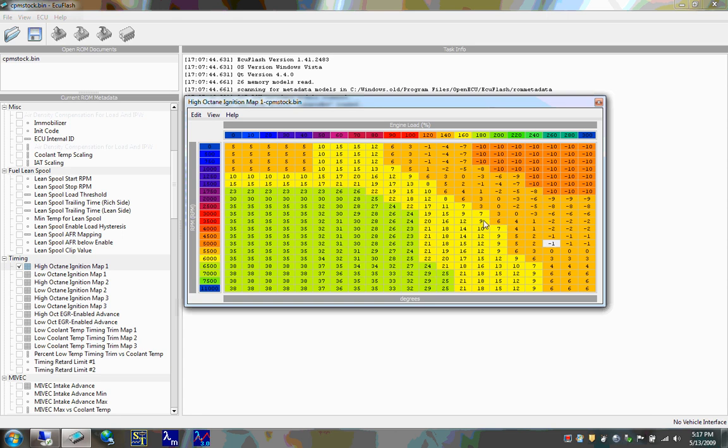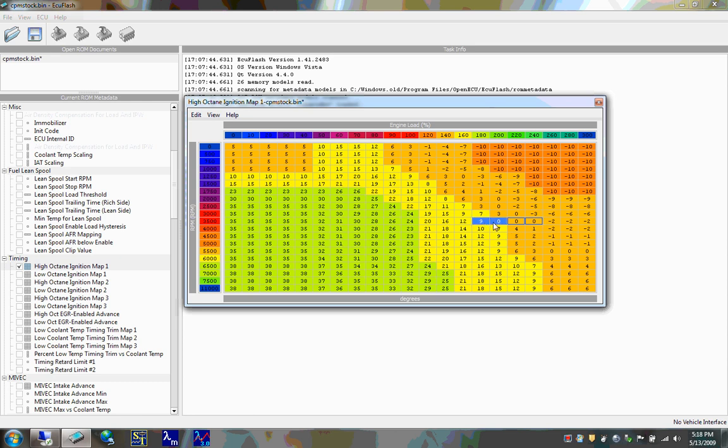What I mean by that is if we take a look at this trend right here, for example, we have timing values as we go from 180 load to 260 load along 3500 RPM. The timing values are progressing downwards, 9 to 6 to 4 to 1 to -2. So it's a fairly linear function here, not specifically, but for argument's sake we can say it's pretty linear. If we didn't have values in here, or if we had tried to alter our tune and these values were nothing really meaningful, but all we knew was that the 9 seemed to work fine here and the -2 seemed to make sense here,